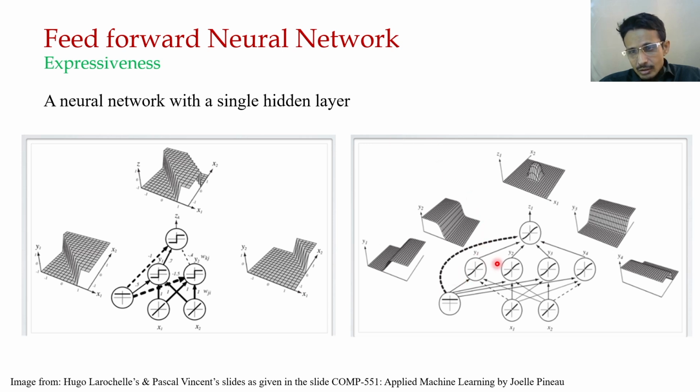And here also this is a single hidden layer, but the number of neurons is higher. It's 2 neurons here, but 4 neurons in this layer. So you can see that this gives a much more complicated decision surface. That is very interesting, how the expressiveness is being increased. Even with a single hidden layer, but with more neurons, we get a more complex model.